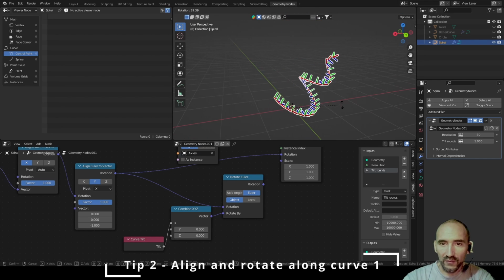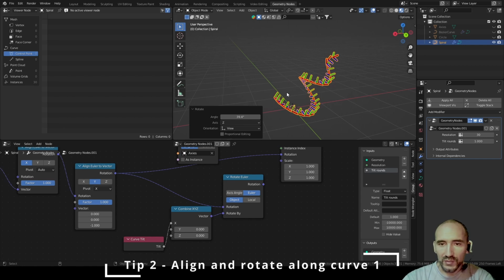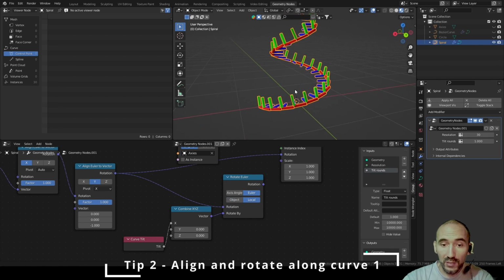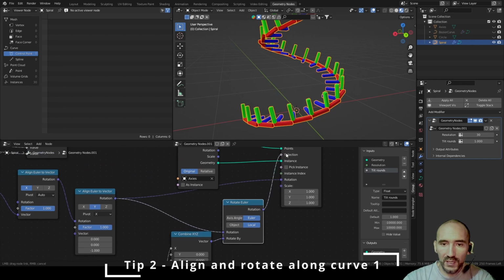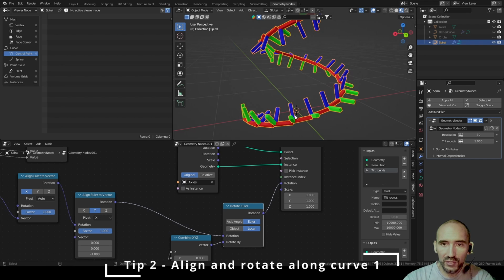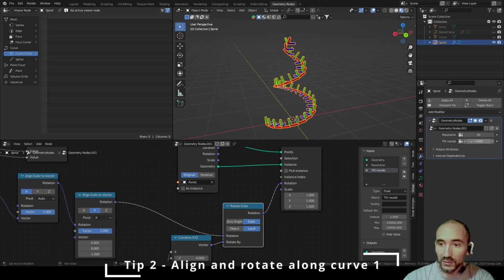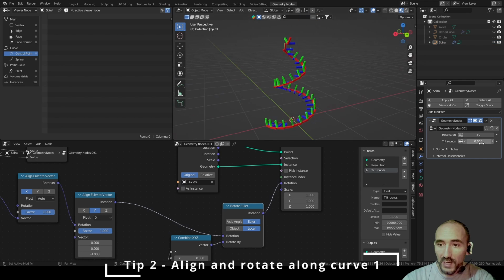So if I rotate these, the axis goes in a weird way. No, I want to use the local origin of each point on the curve. Okay, so now I have to link the rotation in this way. 0 tilt, nothing changed. Now if I increase a little bit the tilting, you have the tilting of the entire